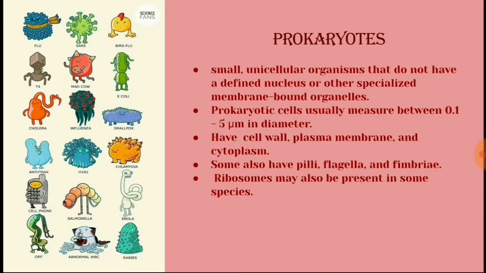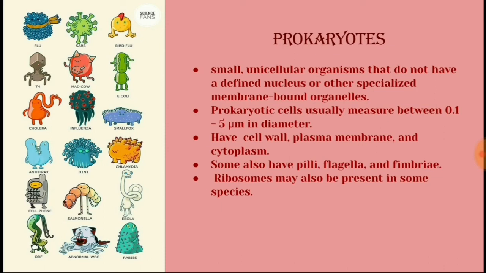So firstly, what is prokaryote? Prokaryote is a small unicellular organism that does not have a well-defined nucleus or any specialized membrane-bound organelles. A prokaryote does not have a defined nucleus, meaning a nucleus without a nuclear membrane. So the nuclear material isn't bound by any nuclear membrane, and specialized membrane-bound organelles like mitochondria or the Golgi apparatus aren't